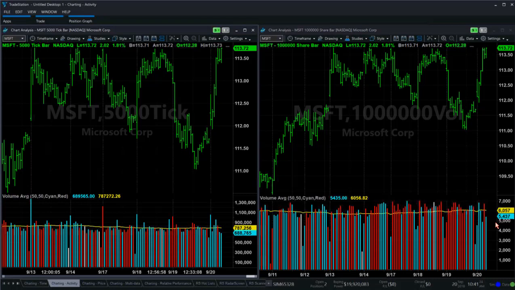This volume setting, because volume can be displayed in these two ways. And a lot of TradeStation users may not be aware that you can switch how TradeStation is reading volume. That is a setting that we find in the symbol. And the quickest way that I can tell you how to access this setting is by double-clicking on any of the bars or the candlesticks. If you double-click